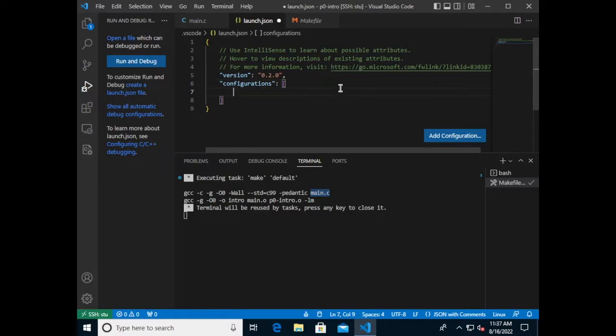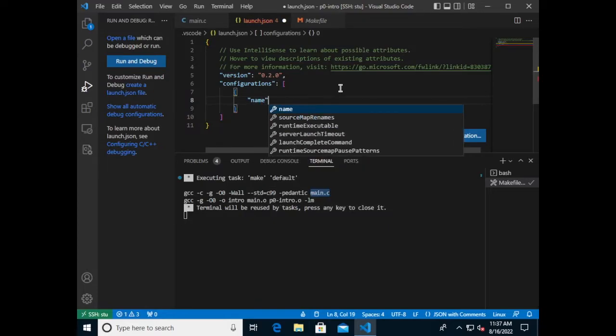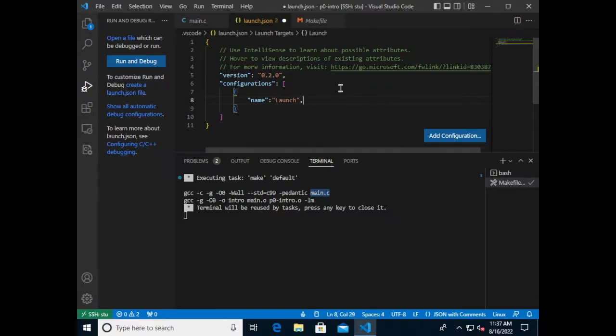And then we're going to use curly brackets to start a new configuration. I'm looking off to my notes off to the side here. I wouldn't expect you to know all of these directly, but you can just type them in. So we're going to give it a name, and we're going to give it the default name, so just launch.